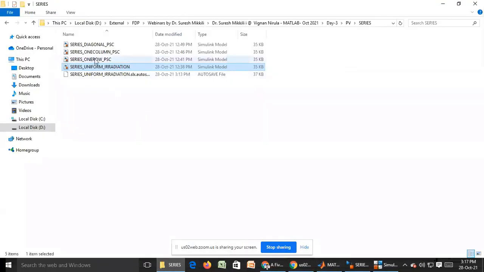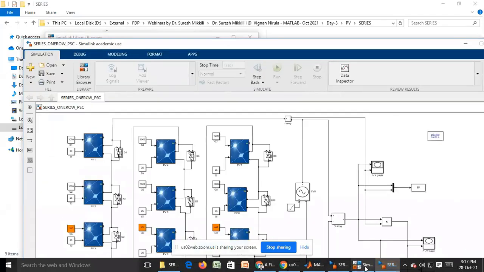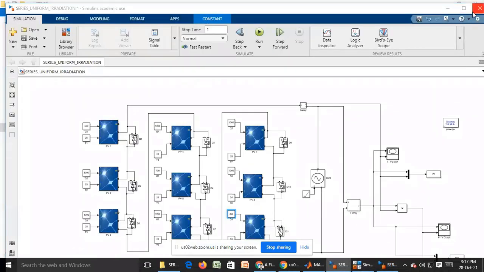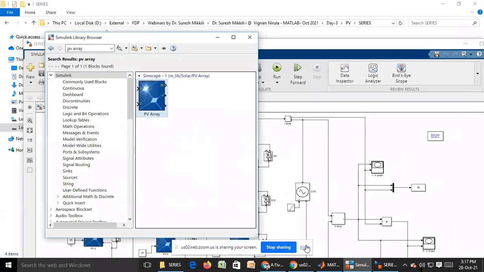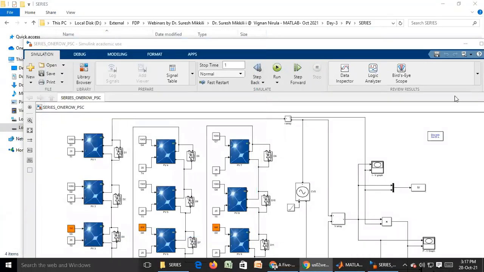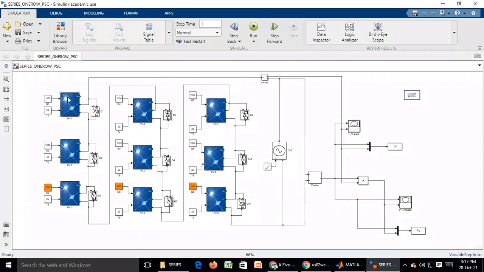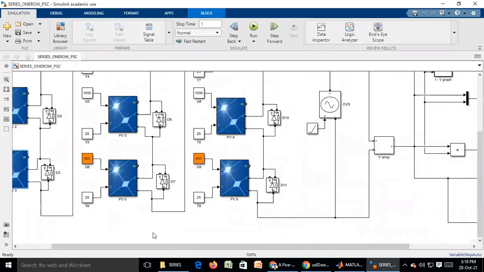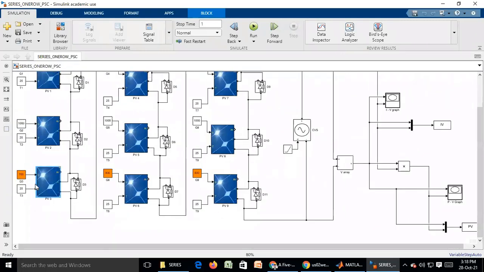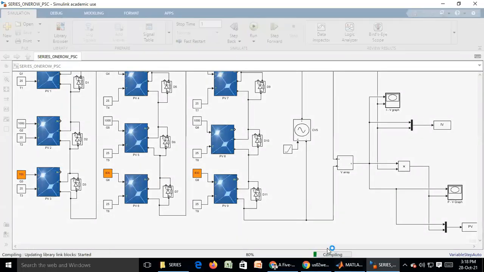So now you see, suppose one more condition I am taking. This one is 1000, and I have considered here the waveform is 700, third one, sixth one is 800, ninth one is 600. So that means what happened? Down one row is shaded. So as with a tree or building on one side, only one side of the panel is shaded. So the waveform, how it will be.